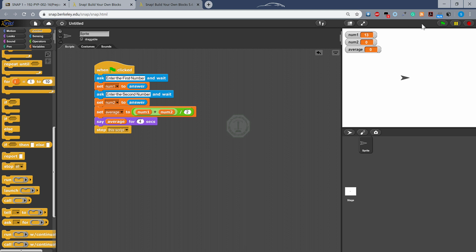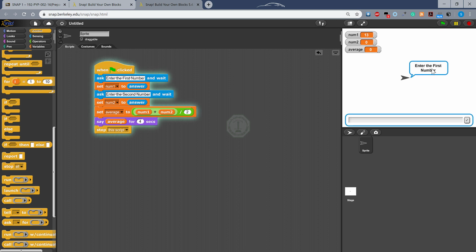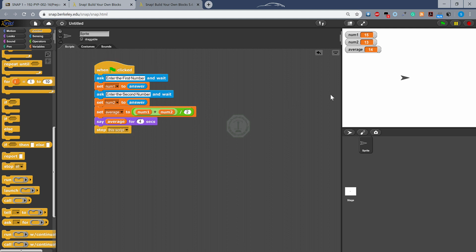So if I run this now, it will say enter the first number. If I enter, let's say 15, and press enter, num1 variable will receive that number through the answer block. It will ask me for the second number. If I enter, let's say 13. Now I did not press enter, but I will show you when I press enter, the answer will go to num2. The average will be calculated and average will be shown after that. Let's see. If I press enter now, it shows the average, which is 14. It will display it for 4 seconds. After that, it will stop. So this is our very basic